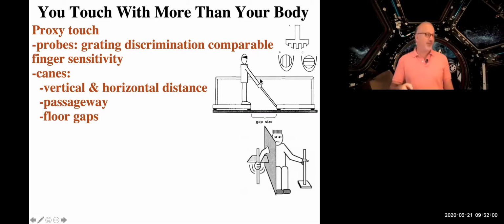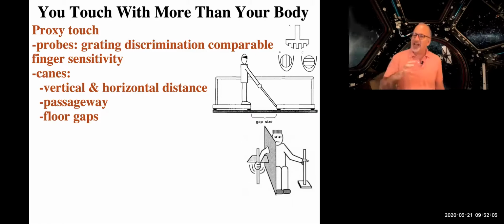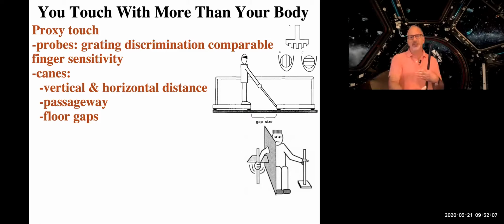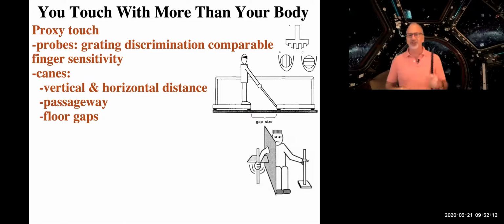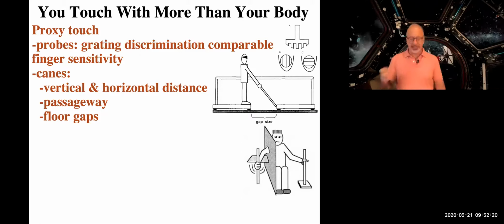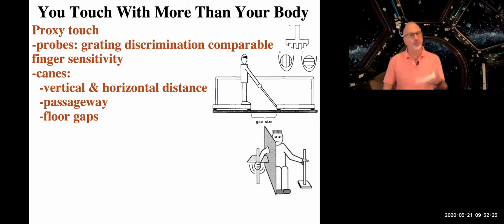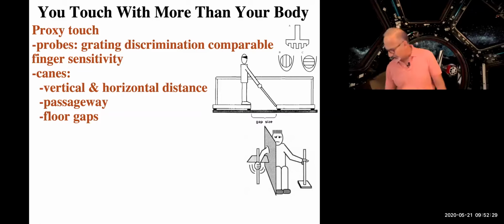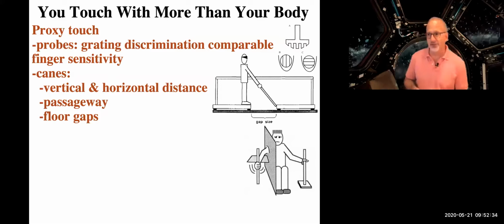And again, that's going to be different for different people, right? So for someone like me and Yoda that have small legs, that's going to be a smaller distance than for someone like Shaquille O'Neal, who has these gigantic legs and can certainly walk over a gap size that I can't. I would be very good, as would Shaq, at using a cane and determining whether or not that gap size was step-overable for me or for Shaq. Okay, so all these things are readily doable for anybody, regardless of their experience with canes.